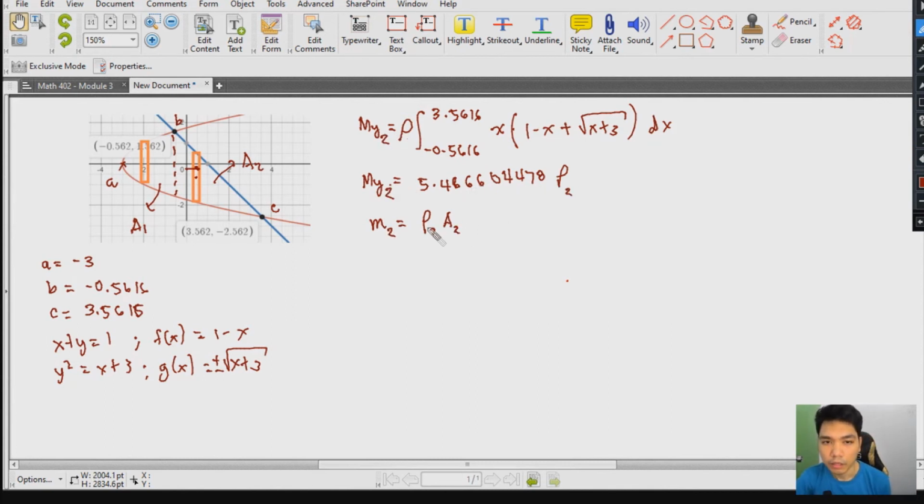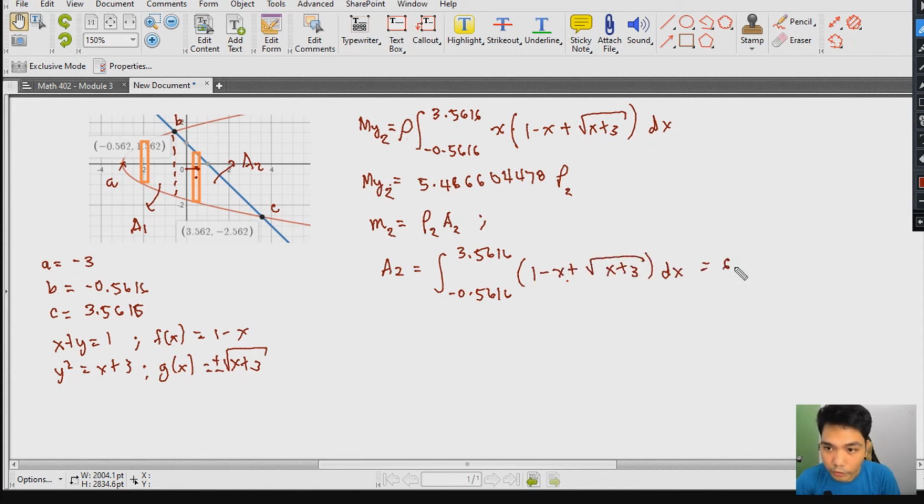Okay. So, m sub 2. From this case, yung m sub 2 natin, we can now compute for our a sub 2. And in this case, yung ating a sub 2 would be yung ating mass. Pwede na natin siyang sabihin na ganon. So, a sub 2 would be equal to the integral from -0.5616 to 3.5616, and then that's just 1 minus x plus square root of x plus 3. And this gives me a value of 6.605113854. Okay, so knowing that this is your area 2, or it could be the mass 2,